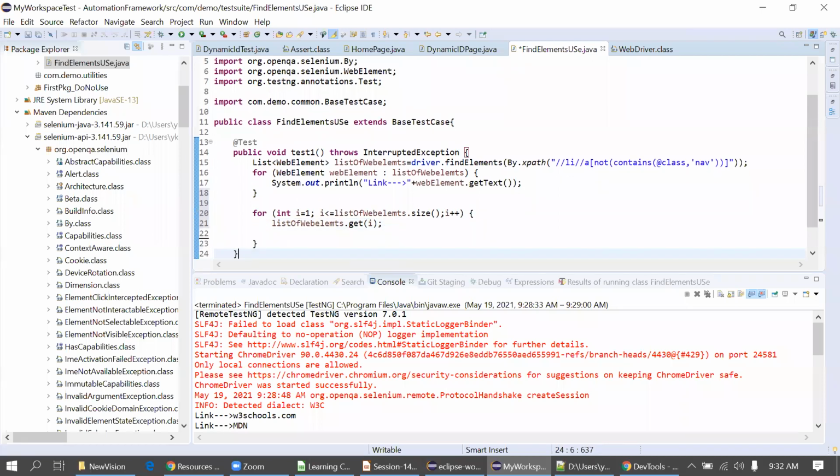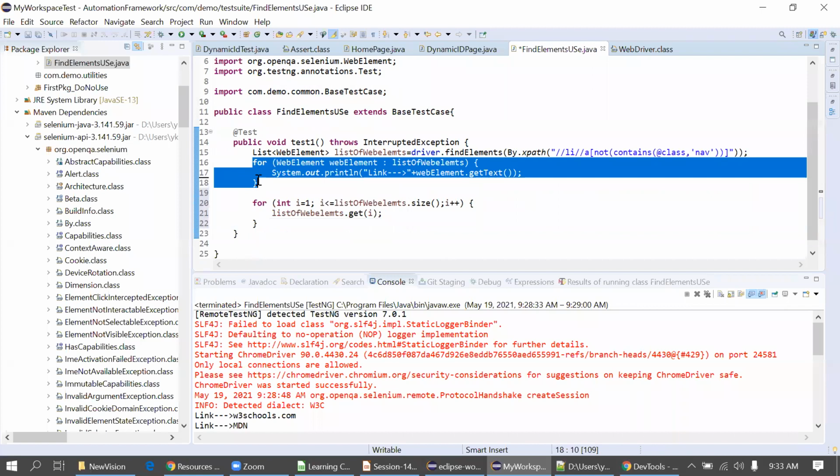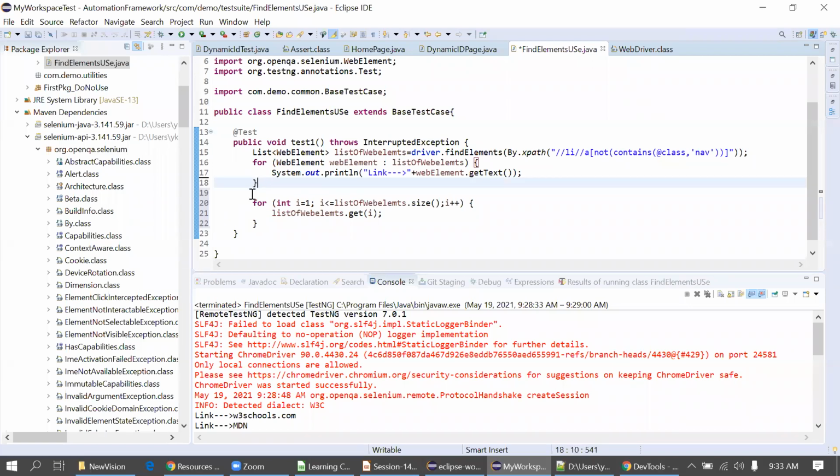So this is the normal for loop from line number 20, and this is the enhanced for loop. If you want to traverse forward, then always use this one. This is preferred. If you don't know this, you can go with this as well. That's fine, but it might mess up with this index.